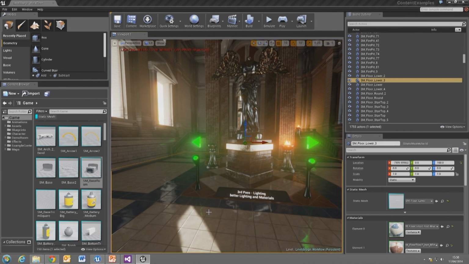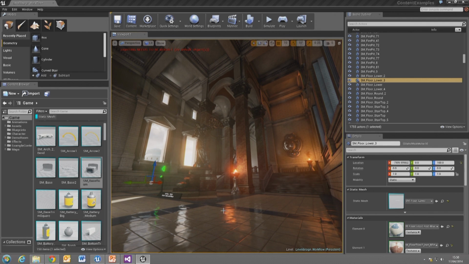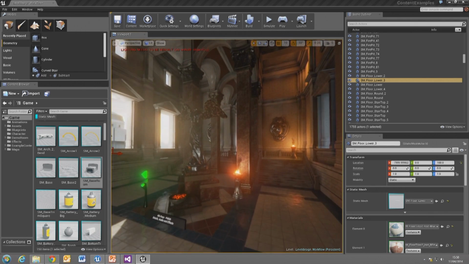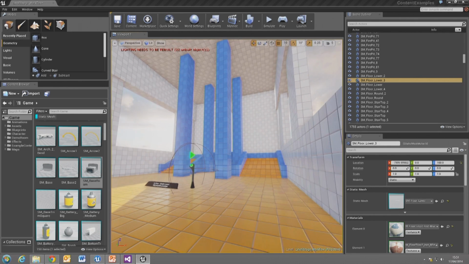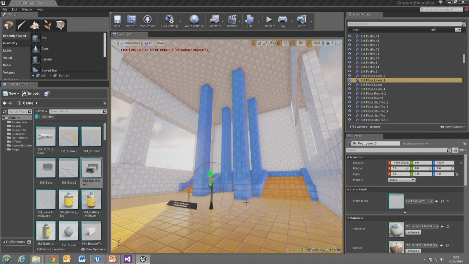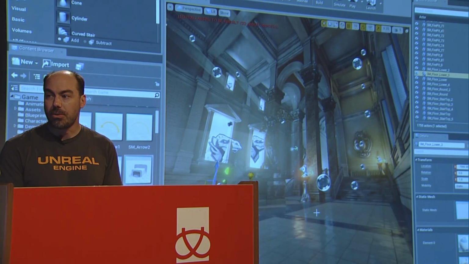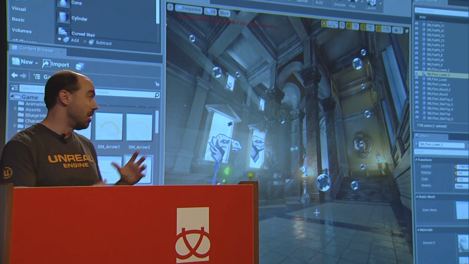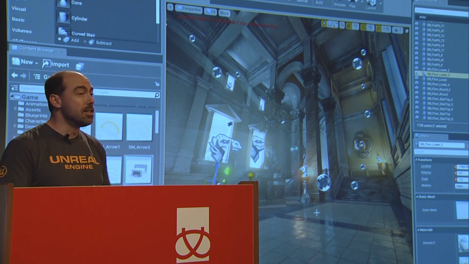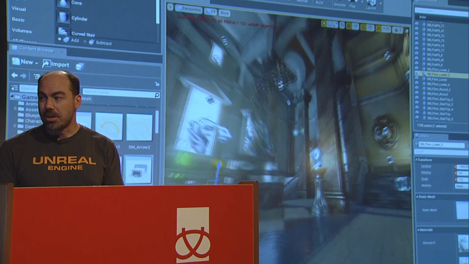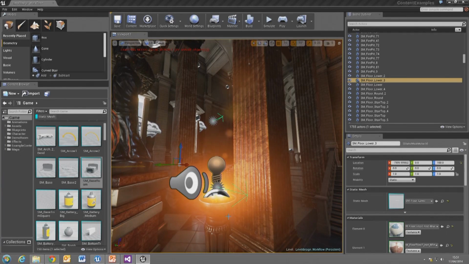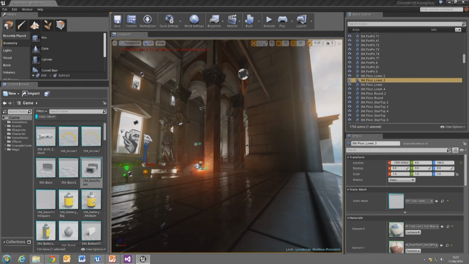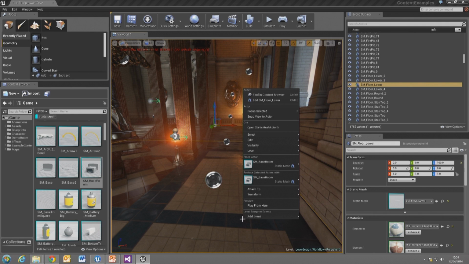And then from there, of course, we go into the final stage, which is where things start to finally come together in a full system. If you look at the original version of this map, right now you're seeing all the actors that are in that scene. And if I go back to number 4, you'll see there's all kinds of things floating around in there, and those are our reflections, our particle systems and our sound files and our lights and all these other things. You can see the amount of work that was done there and how it very slowly built on top of each other to create the final presentation of the map, which again